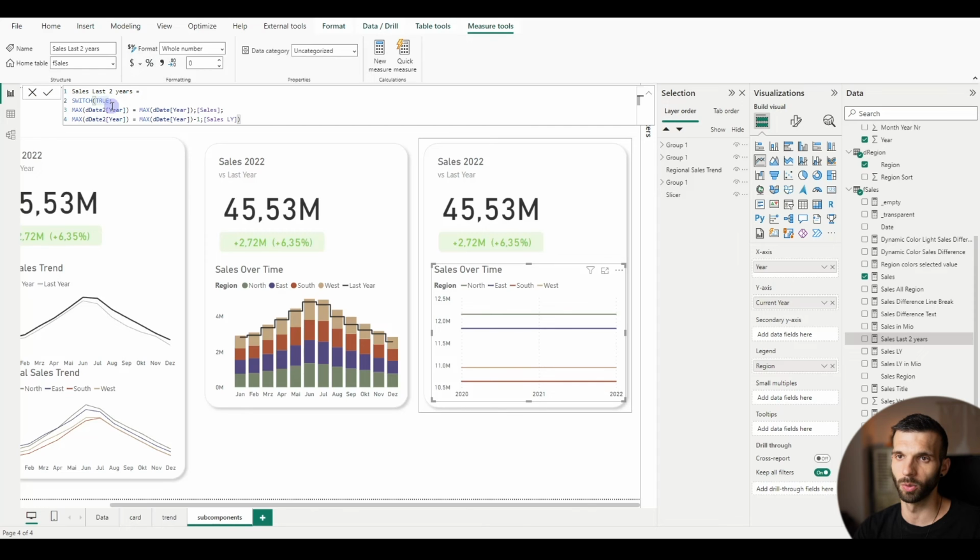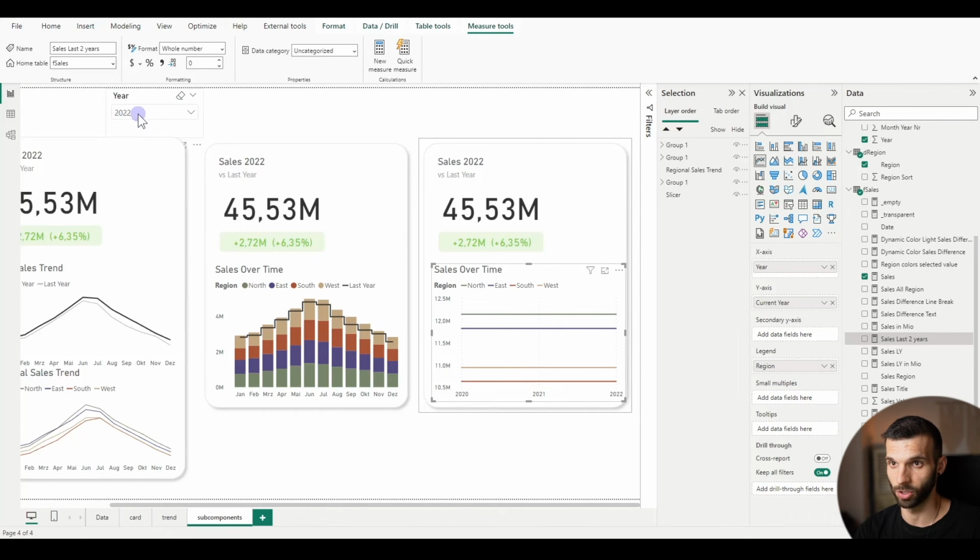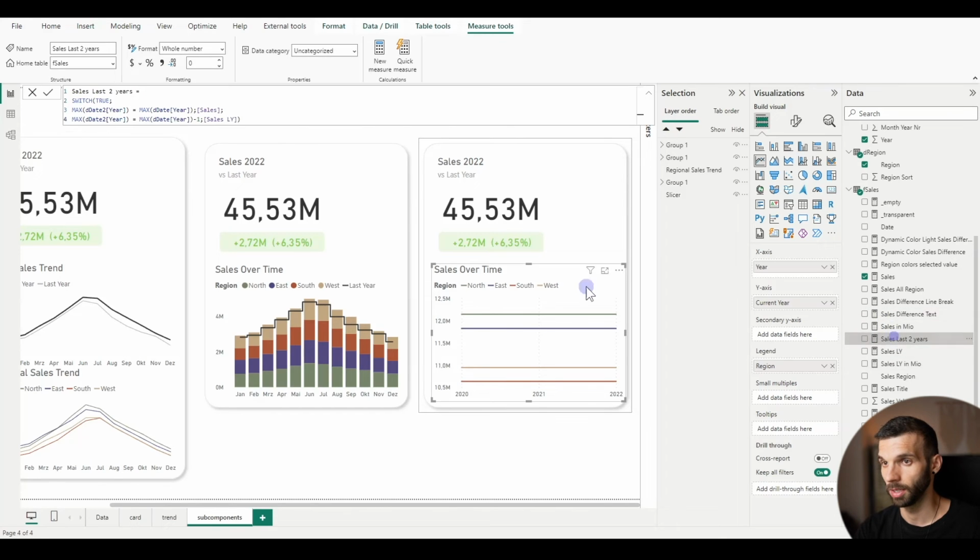What it does, it looks at the maximum of the date 2 year. For example, in this point is 2022, in this point is 21, here is 20. And if it equals the max date from the original table, which is 2022 or whatever is filtered, then it